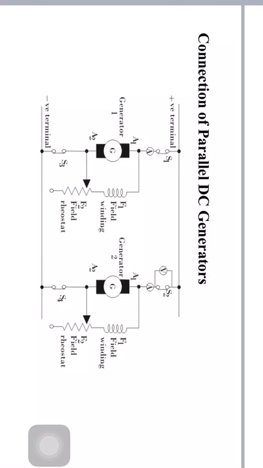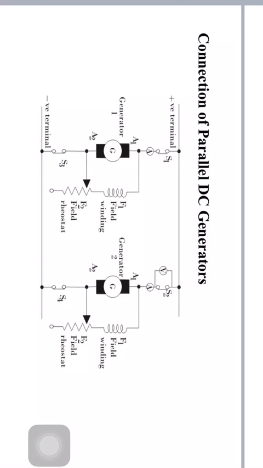So after the indication in voltmeter 2, in the second generator, generator 2 is ready to be paralleled with generator 1, and now the switch S3 is closed, thus putting generator 2 in parallel with generator 1. Now generator 2 is not at all supplying any load. What is the reason? Its generated EMF is equal to the bus bar voltage, and the generator is said to be floating on the bus bars. Floating means it is not supplying any load.